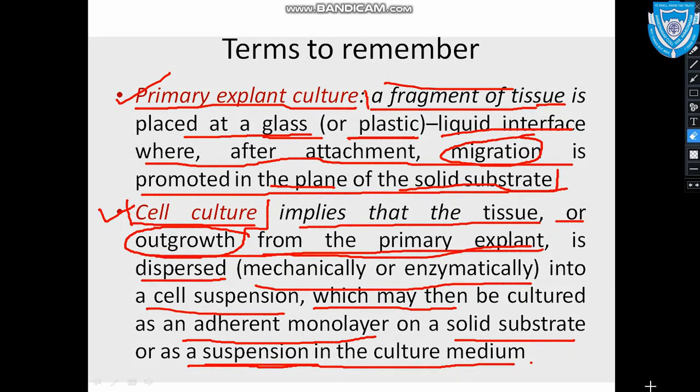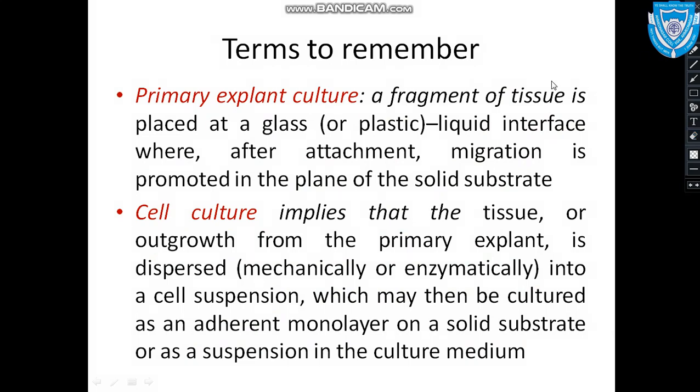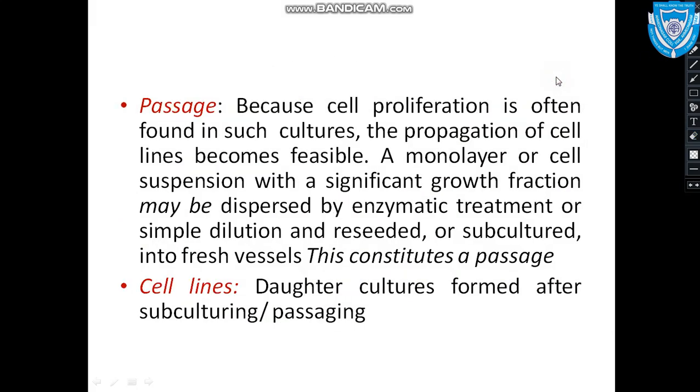So these two terms are very much important. You need to remember them, okay. The next term is passage, okay. The passage means